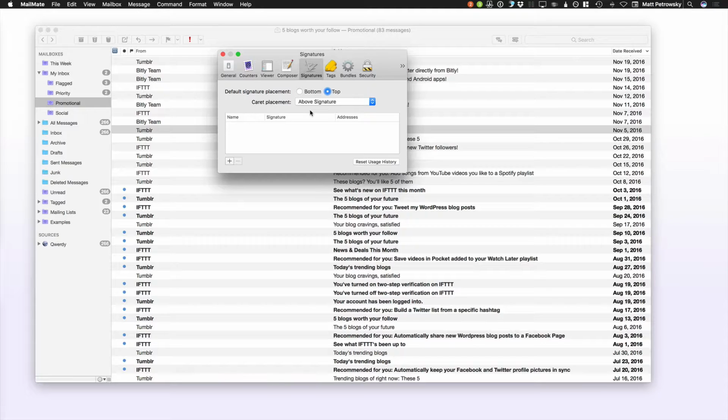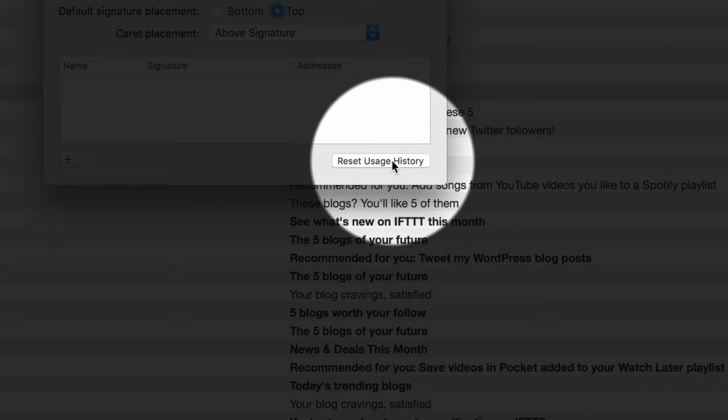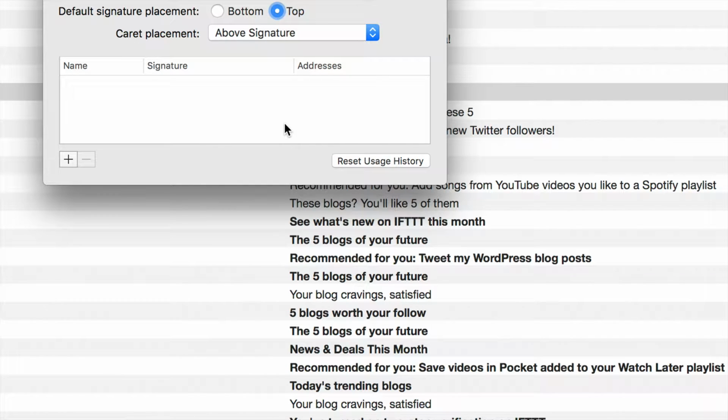So it really starts to collect information about how you do email. That's where this item right here down at the bottom comes into play. Reset usage history. If you find that you're getting signatures that are being applied to specific email addresses that you have, or aliases, and you don't want those to be applied, this is the button that you can click